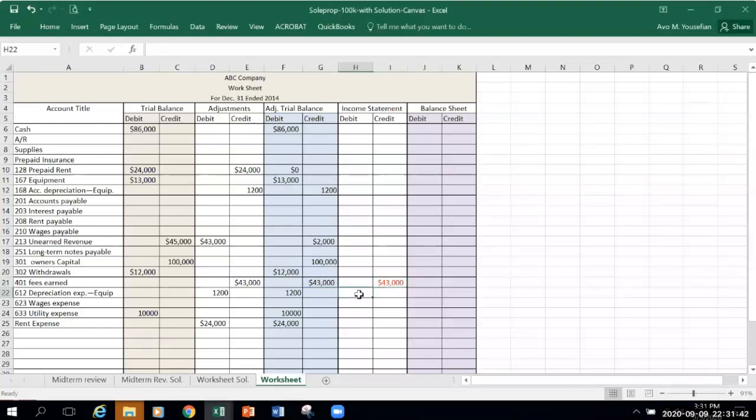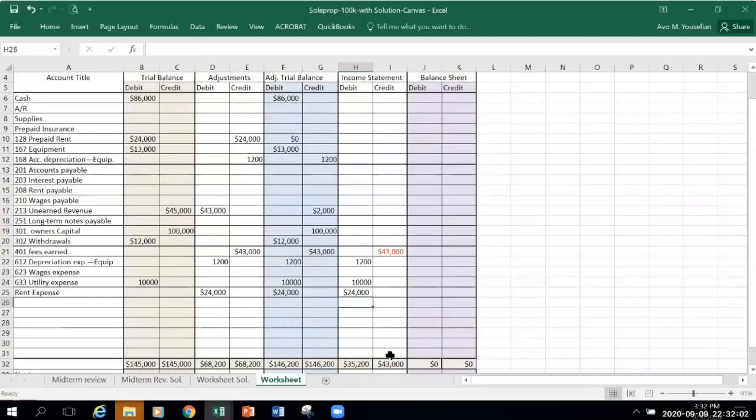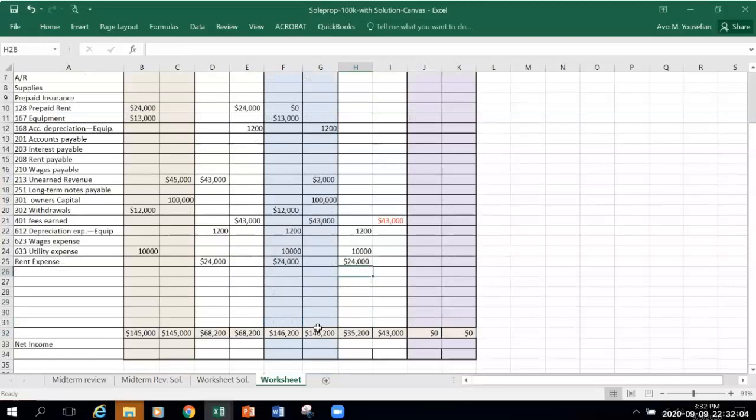And copy expenses into income statement. Equals to, click on the utility expense, enter. Equals to, click on the rent expense, enter. Okay. And as you see, because I formulated at the bottom already, my total expense is $35,200 and my